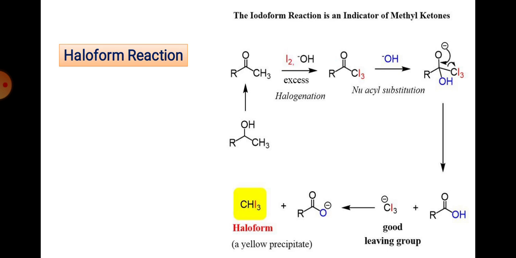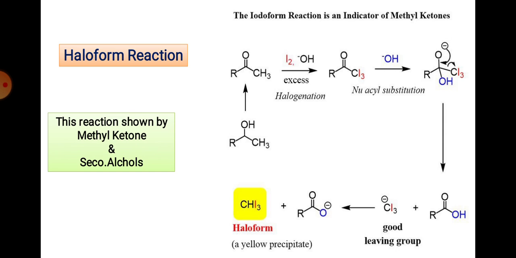You know that the term haloform refers to derivatives of CHX3. That reaction is only shown by methyl ketones or secondary alcohols. First of all, acetone or any compound having a methyl ketone reacts with I2 and an excess of base, I2/OH. Then hydrogens are abstracted one by one from that carbon and substituted by X, so RCOCH3 is converted to RCOX3, and finally the removal of the CX3 group converts it to the acid. It is one of the best transformations of a ketone to a carboxylic acid.